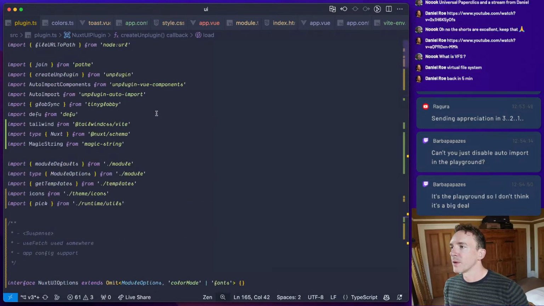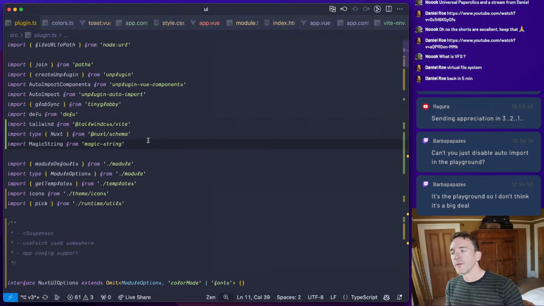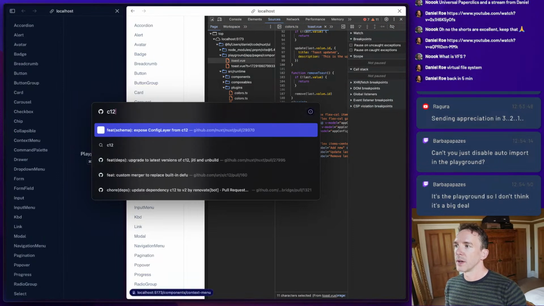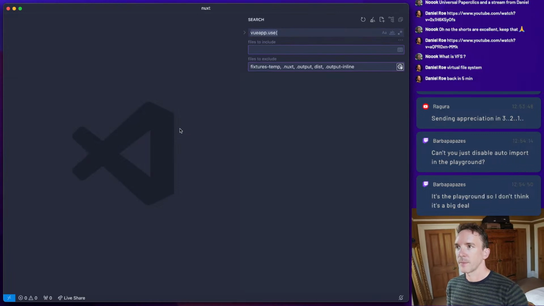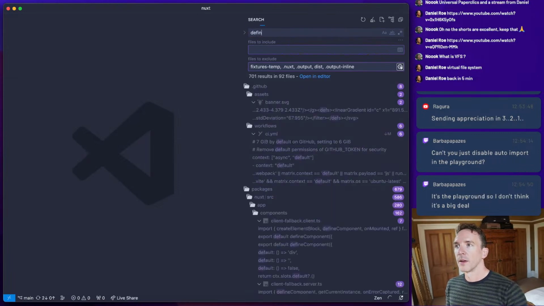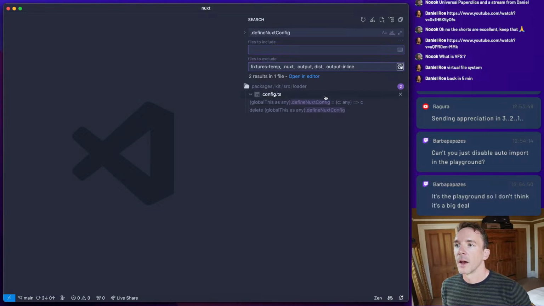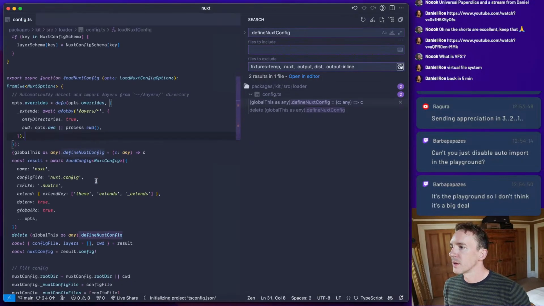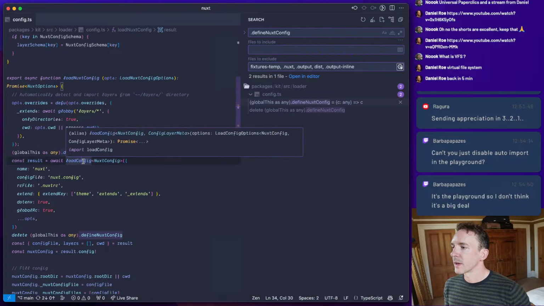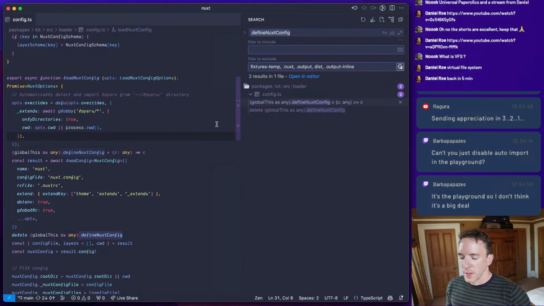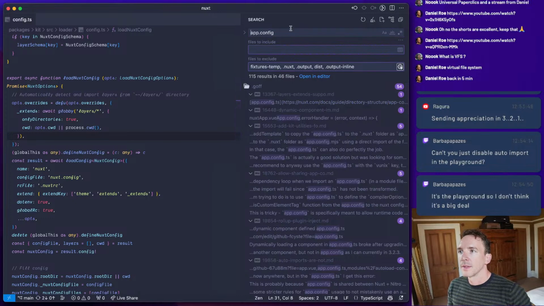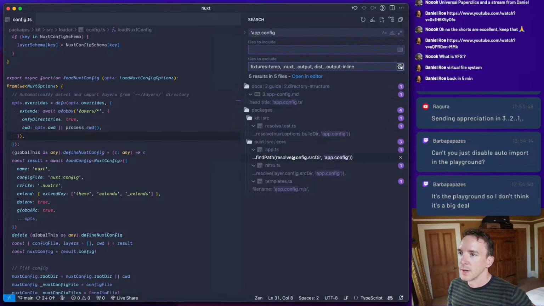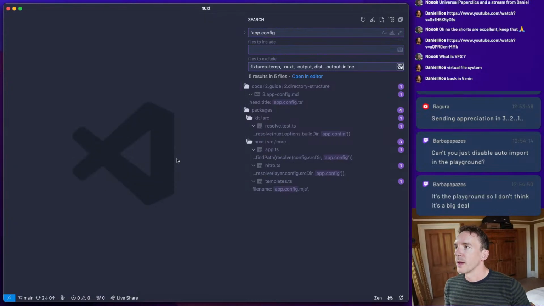So what we probably want to do is use Jitty for that. I don't know if C12 is going to allow us directly to, let me just check and see what we do in Nuxt again. I think we do use load config. But I don't think we need that. I think we can directly use Jitty. Yeah, in Nuxt we don't use Jitty.